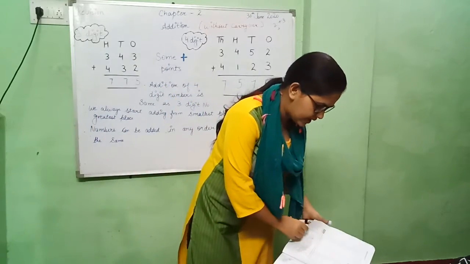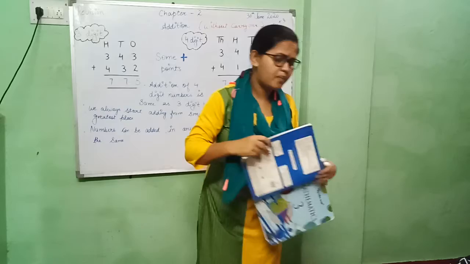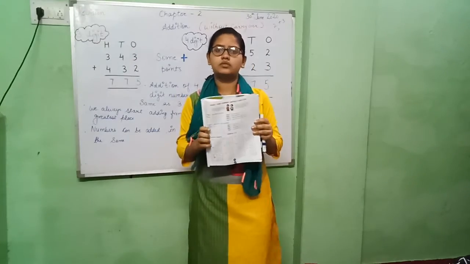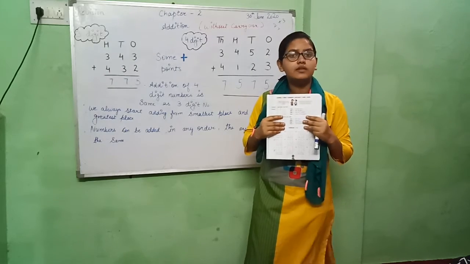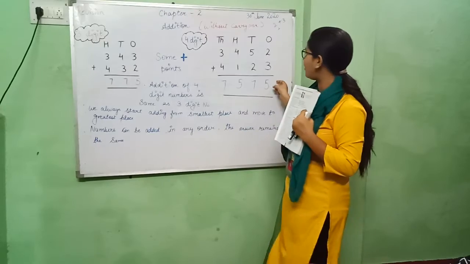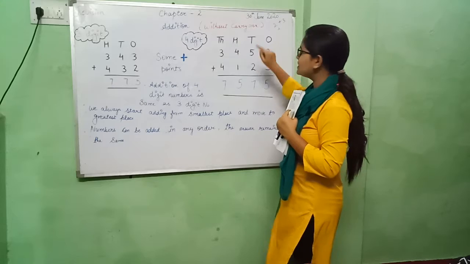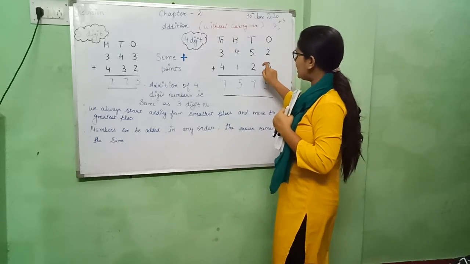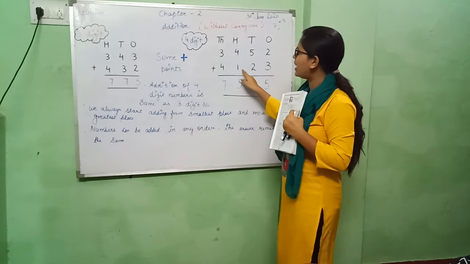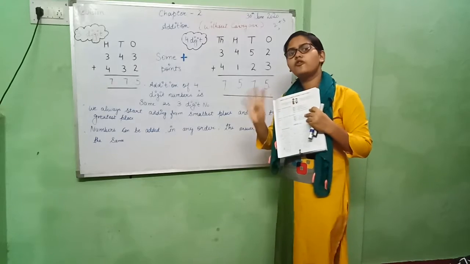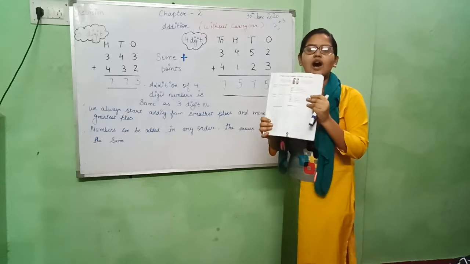If we want to check it from our book, you can see, okay? In your book, it is very easily defined for you. You can see here how they define it step by step, right? In step 1, we have to add the ones. In step 2, what do you have to do? You will take tens, which means you have to plus the tens. And then in the third step you will add the 100s. And yes, in the fourth step you will add the 1000s. In this way you learn how to do the addition.